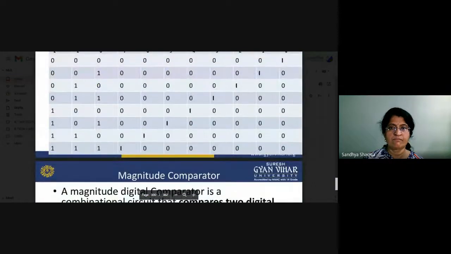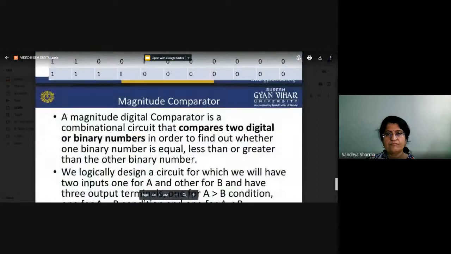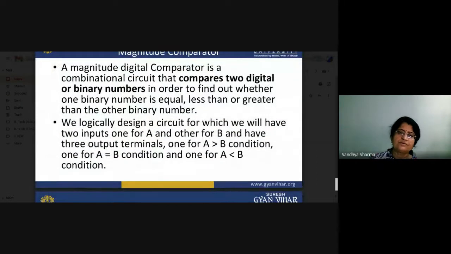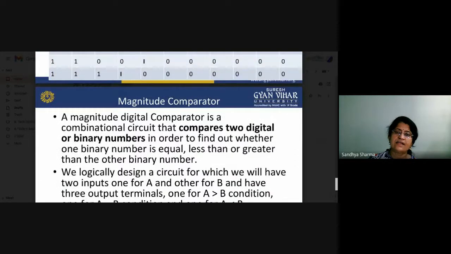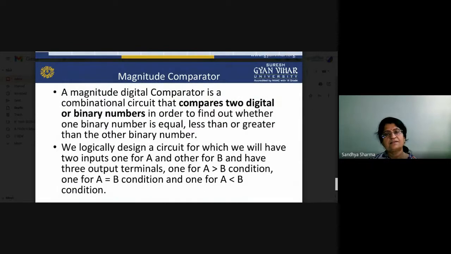You can see here, these are the selection lines, and according to them, which output among Y0, Y1, Y2 and so on will be selected using the selection lines S0, S1 and S2. That basically depends on your system. In this slide we have seen how we can design multiplexers and demultiplexers. You can also design a large multiplexer with the help of smaller multiplexers. So this is the basic general rule for designing a higher order multiplexer.